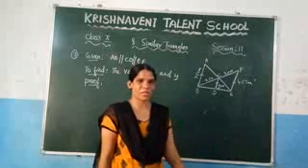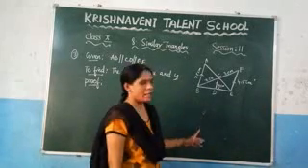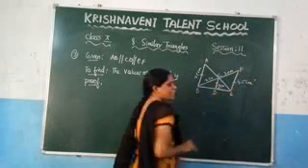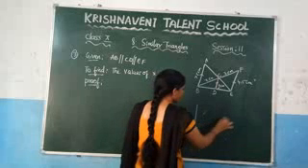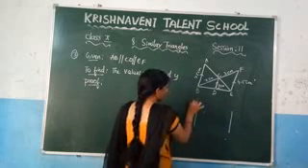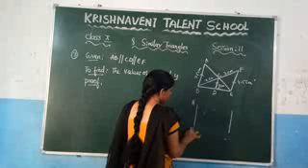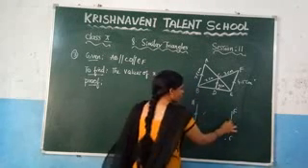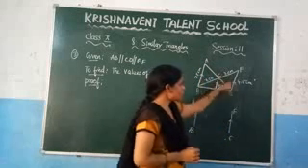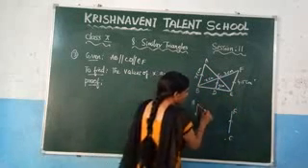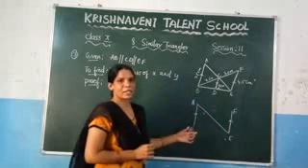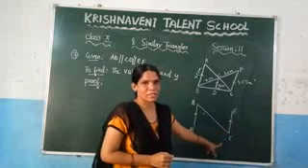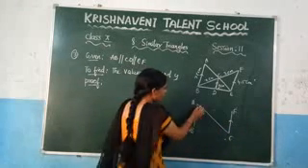How do you find the values of x and y? Let us see what they have given here. AB is parallel to EF, right? If AB is parallel to EF, I am drawing it separately. What they have given here, AB is parallel to EF. So if these two lines are parallel and you draw one line, what do we call this line? We call it a transversal. So what is the transversal in this case? AE is the transversal.